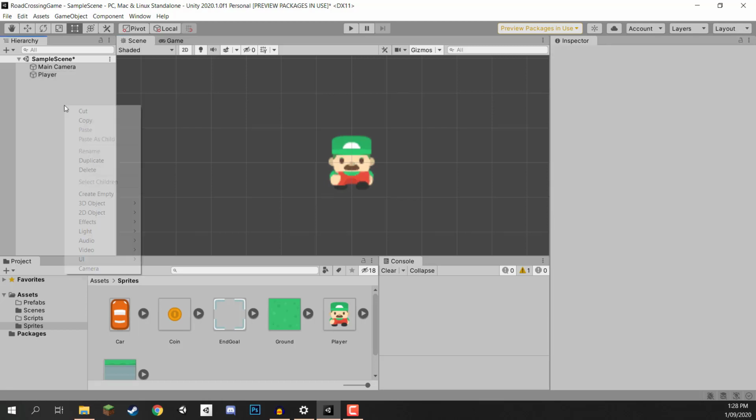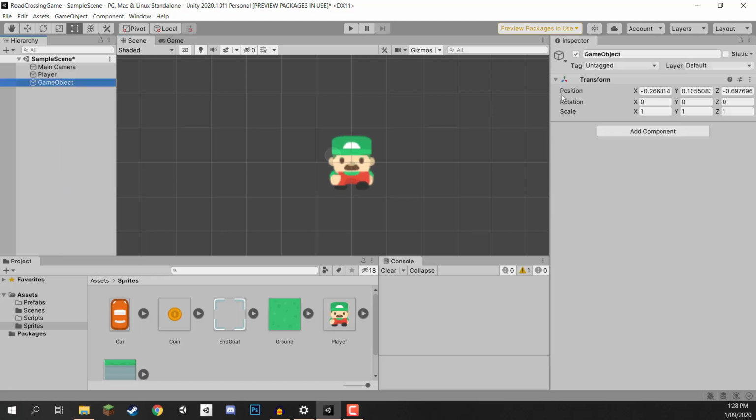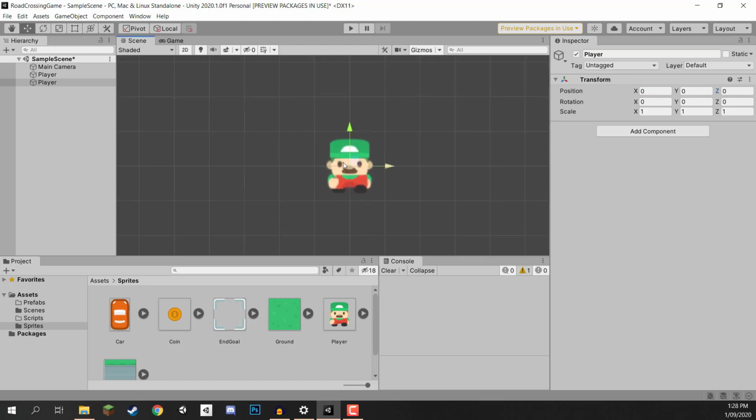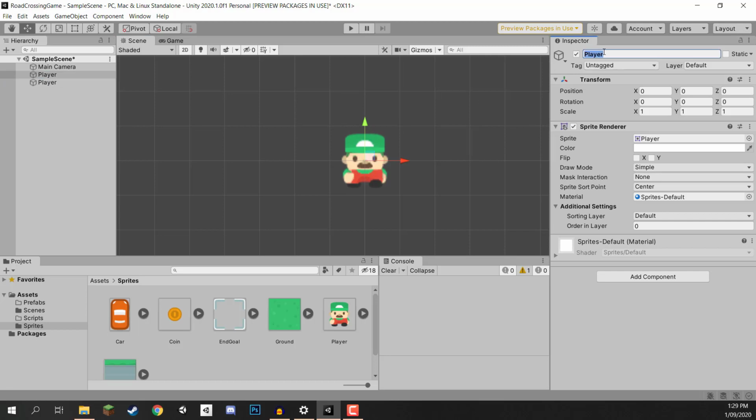So here in the hierarchy, I'm going to right click, create empty. I'm going to call this one player. And I'm going to set the position to be 0, 0, 0. So it is nice and centered in the middle of the screen here. We can then select our player sprite. I'm going to rename this to be sprite. And I'm going to drag that in as a child of player, making sure that the position is at 0,